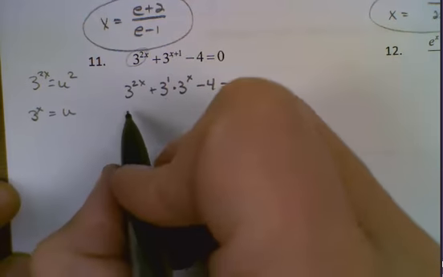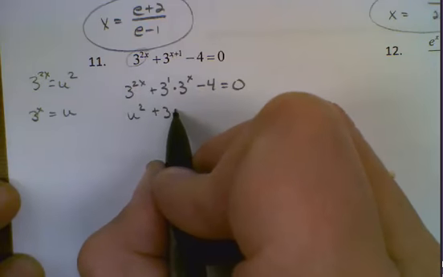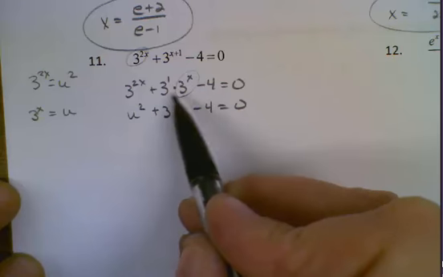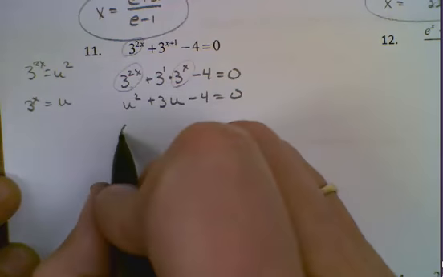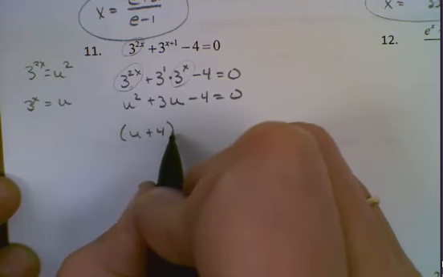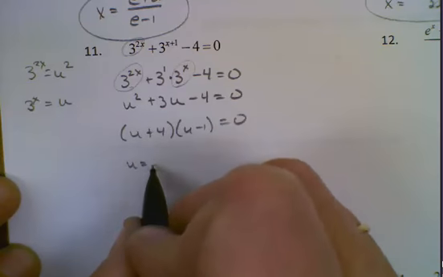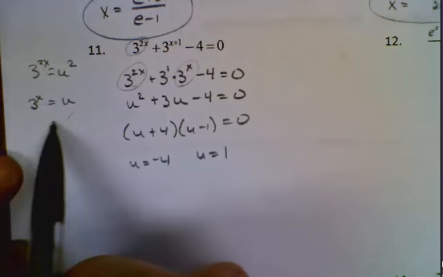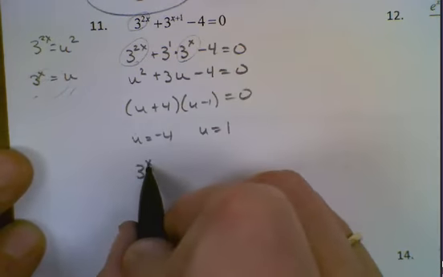The reason I did that is now I can think of this as u squared. This I can think of as + 3u and then - 4. So this is my u term, that's my u squared term. So now it's easier to factor this. It's (u + 4)(u - 1). And then I set u + 4 equal to 0, u - 1 equal to 0. And then I just substitute this back in because I don't really care what u is, I want to know what x is. So if 3 to the x equals -4,